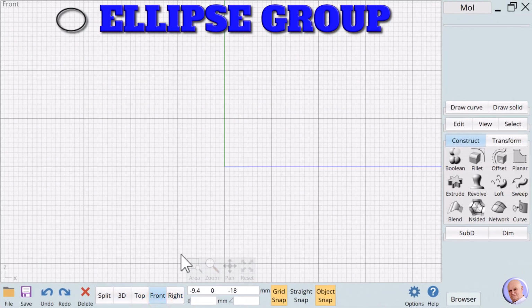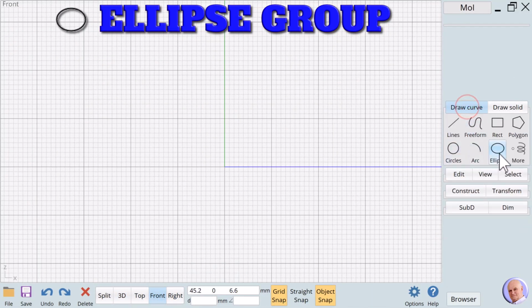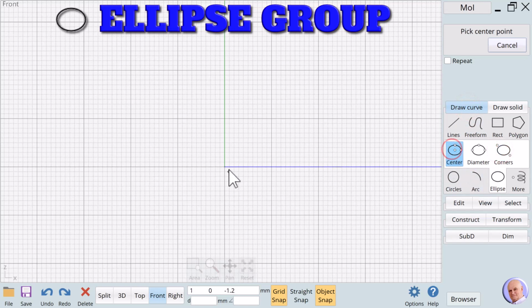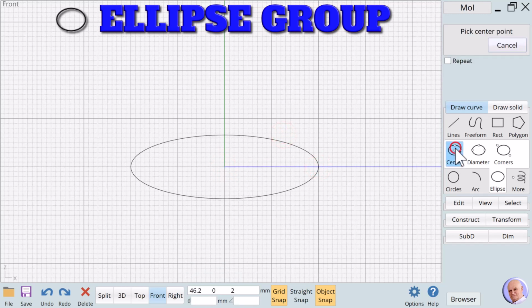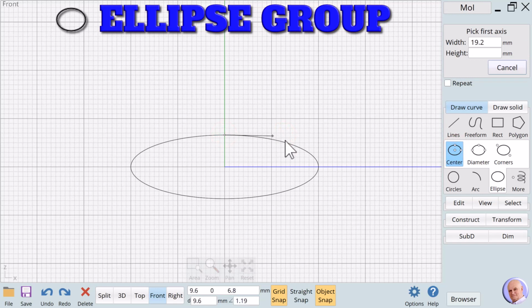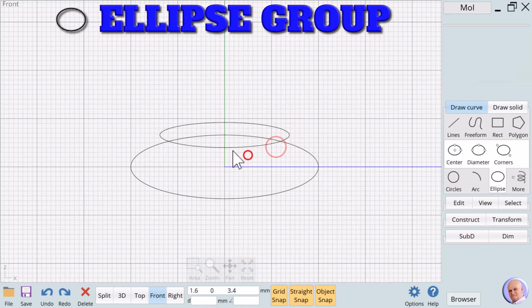Going to go to the front real fast. I'm going to go to draw curve. We'll use all center ellipses right now. I'm going to take this center ellipse, come up here, another center ellipse right here. Okay, and I'm going to use a construction line with a straight snap. All right, there we go. And so now we got this. I'm going to move this shape down, and now we'll